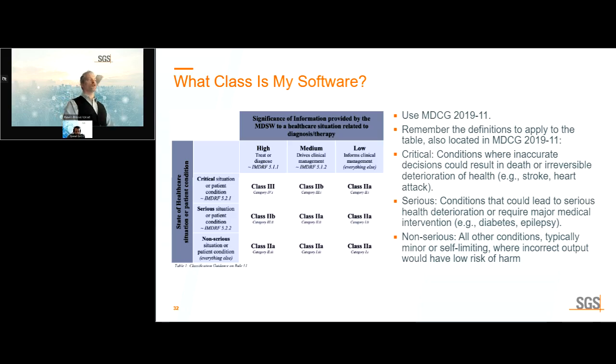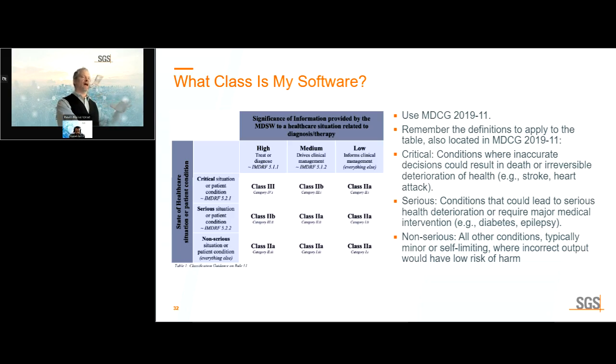The other place, of course, to look that is very important, I like to joke that MDCG 2019-11, which essentially guides Rule 11, could almost be reduced to this table. I'm not saying you shouldn't read the whole thing, but boy, this is a very important table. Remember the definitions inside of it for critical, serious, and non-serious. So they will tell you very clearly where exactly you want to be inside of this. So let's take this definition.